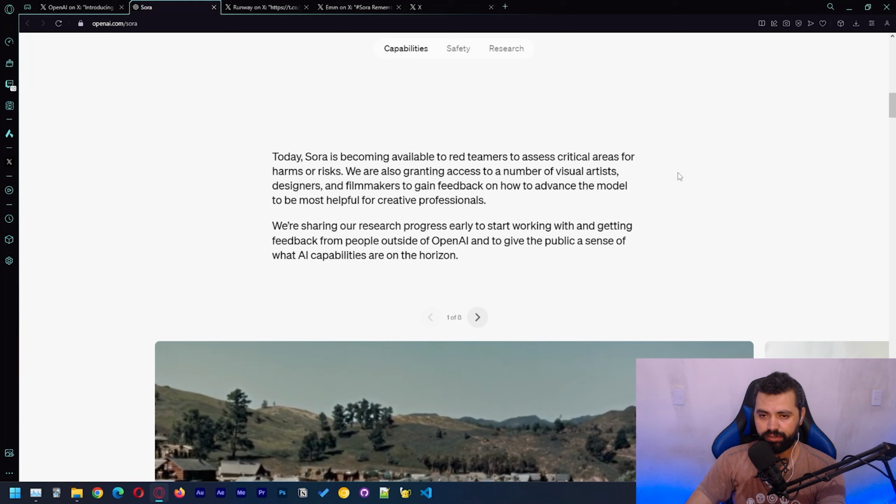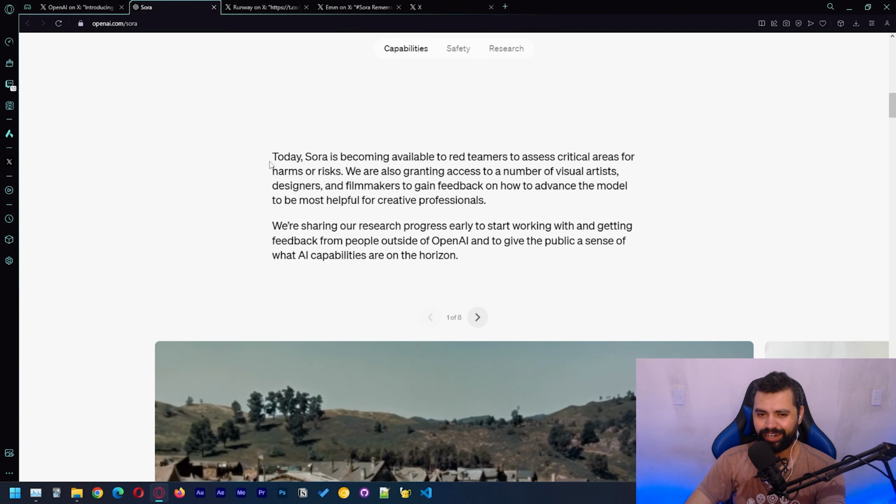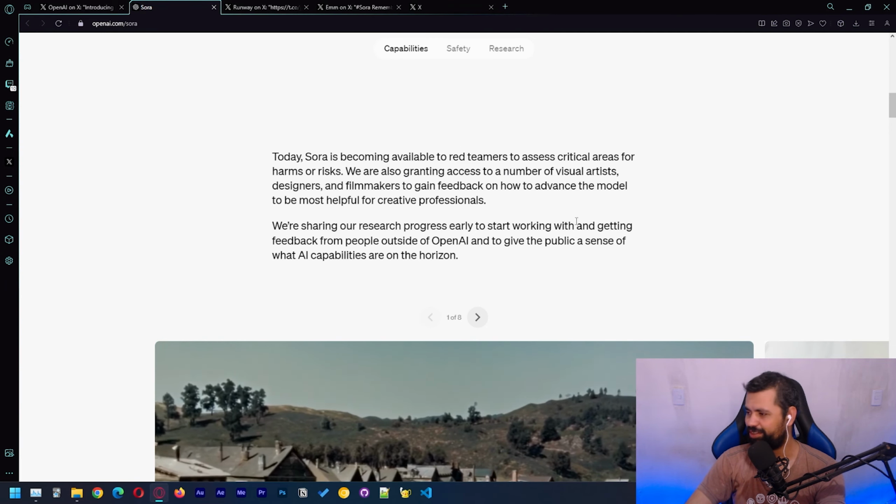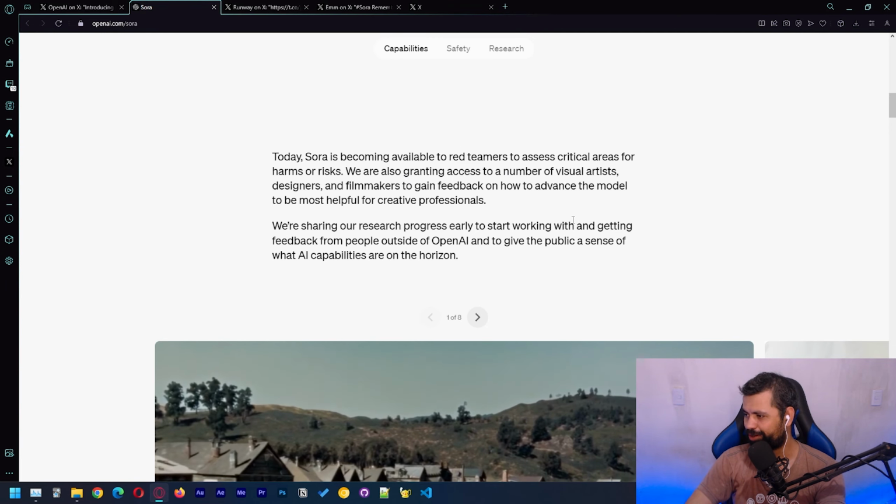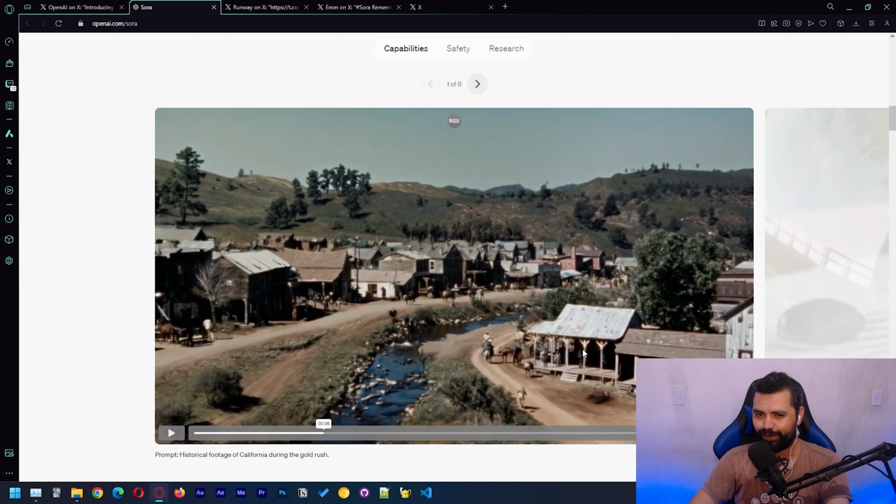Let's talk about how the model can help filmmakers and professionals. California during the gold rush, I wonder how big was the data set that they used to train this model.